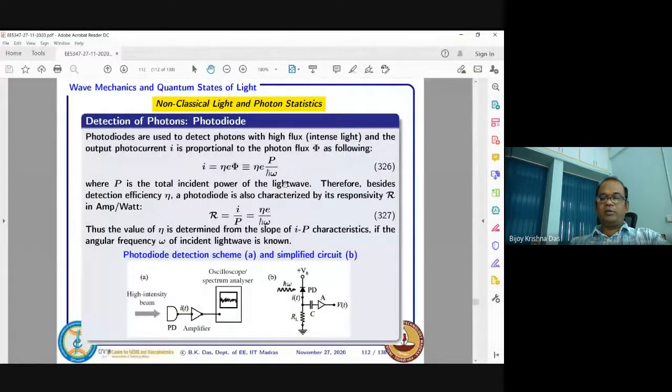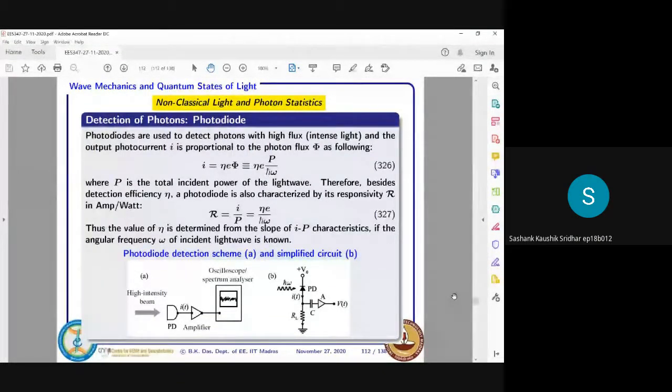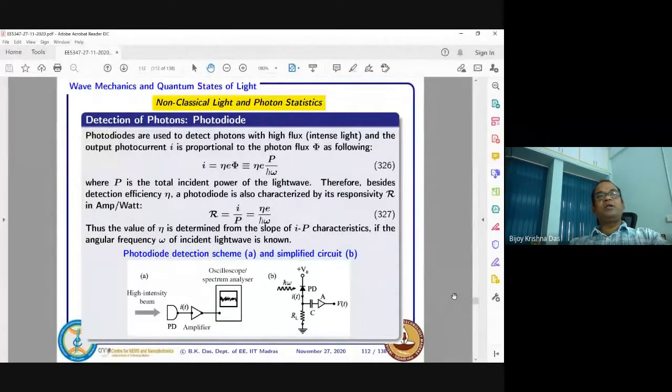So this Johnson noise is applicable to any kind of photodetector, right? Any photodetector, that can be a diode, that can be a superconducting diode, or a photomultiplier, wherever you are using that type of thing, Johnson noise is there. And even Johnson noise is there for fiber optic communication also, not only in the detection, but in transmission lines also. How much it will be added in different components, that also sometimes is included.